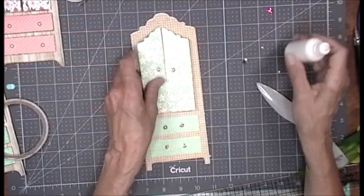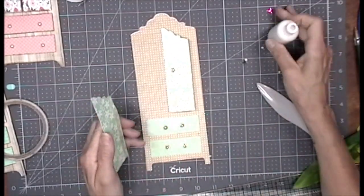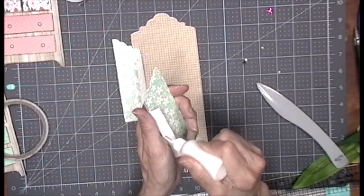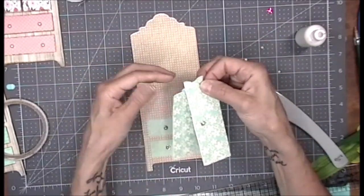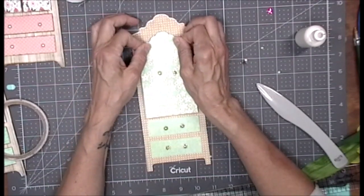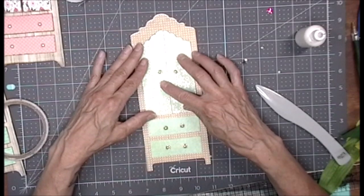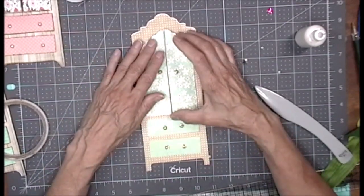Oh, looky, looky, looky. All right, so now we line it up. And what I like to do is kind of do them together with the gap in the middle that you like. And with the glue, that gives us plenty of time. That's why for this part, look at that. I want them to,